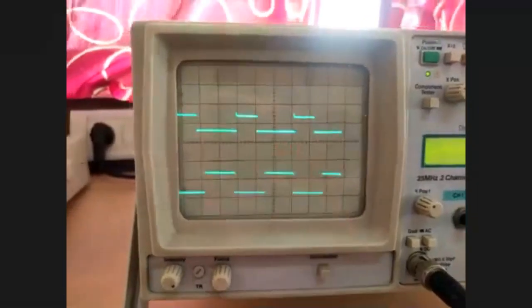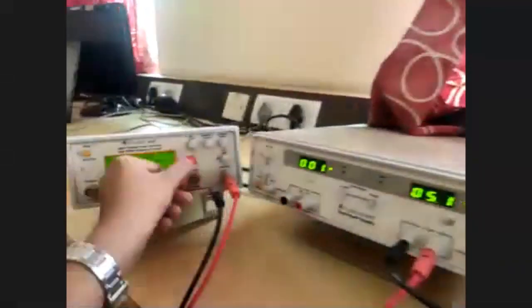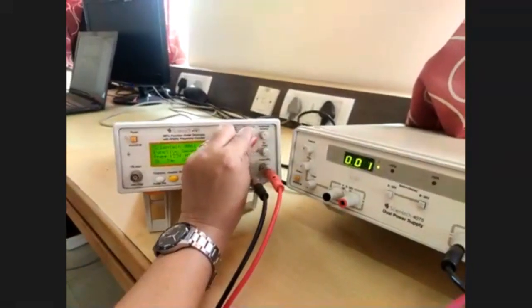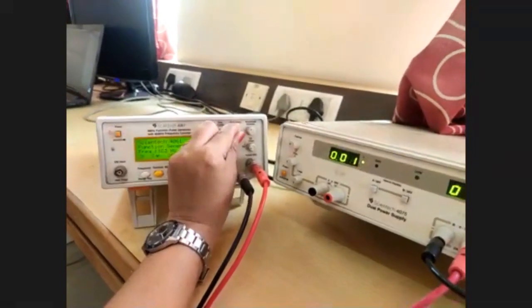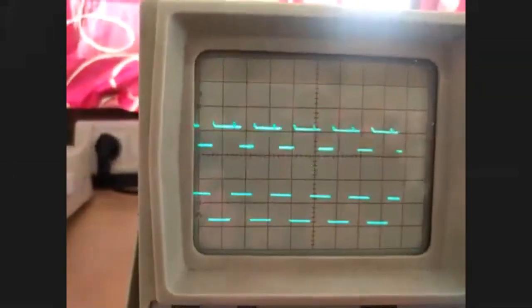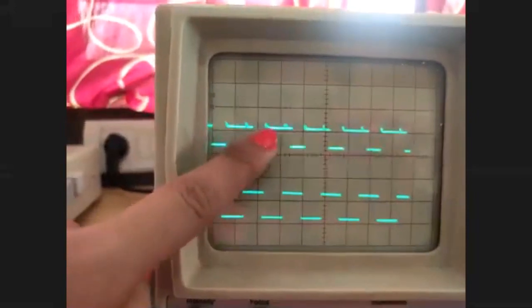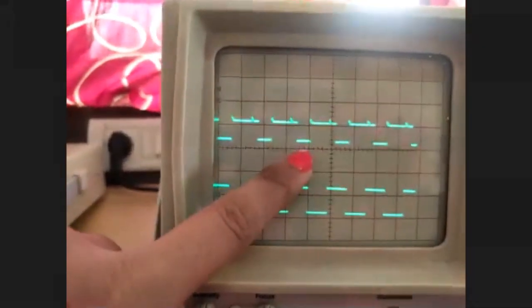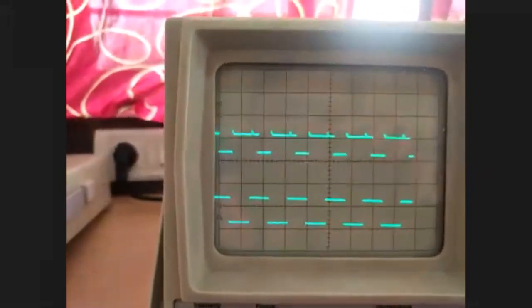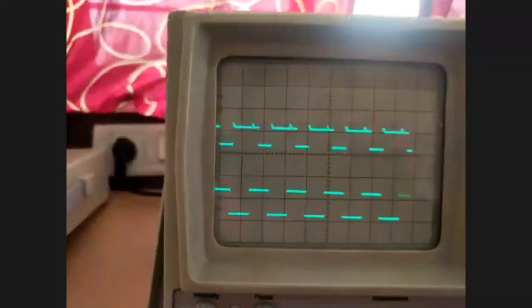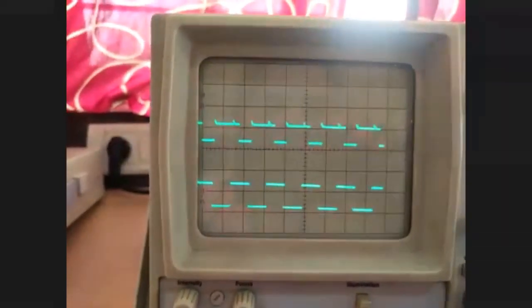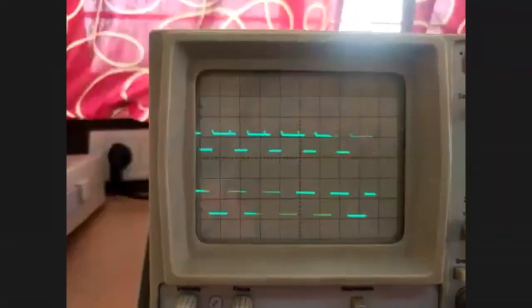Now change the frequency knob. You increase this frequency knob. Then you can see the waveform. Here you can observe the T on is greater than T off. So by just changing the frequency knob, you can see the three cases, that is, duty cycle greater than 50%, less than 50%, and also equal to 50%. Altogether, I will show now.